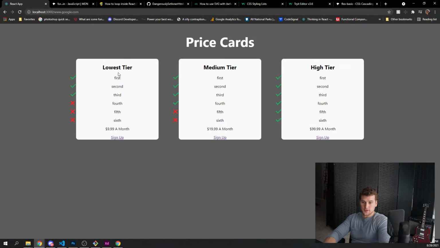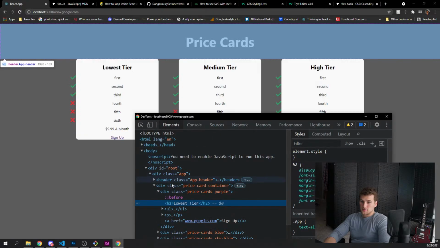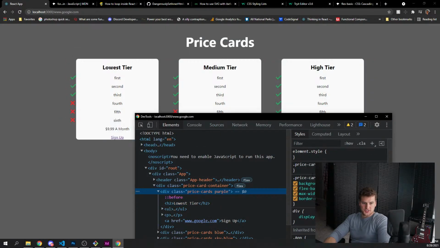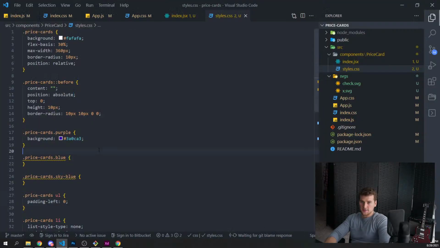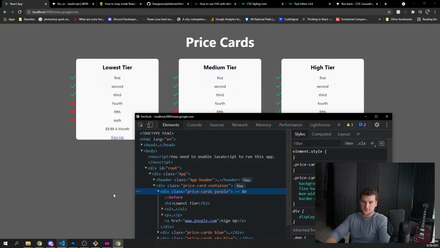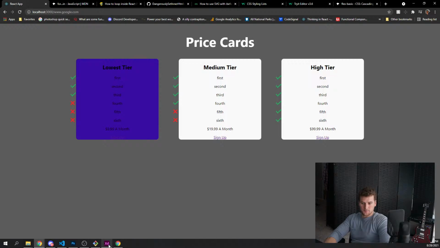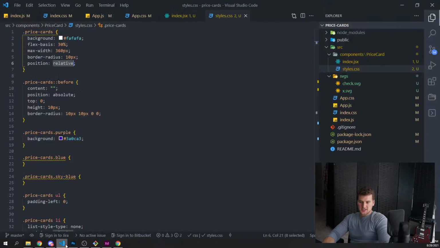Now, if we go back here and look at this, we've got the before here. It's outside the box. So does this not have position relative? Did it not save? Price cards, position relative. Refresh. There we go. Did we not set the height?